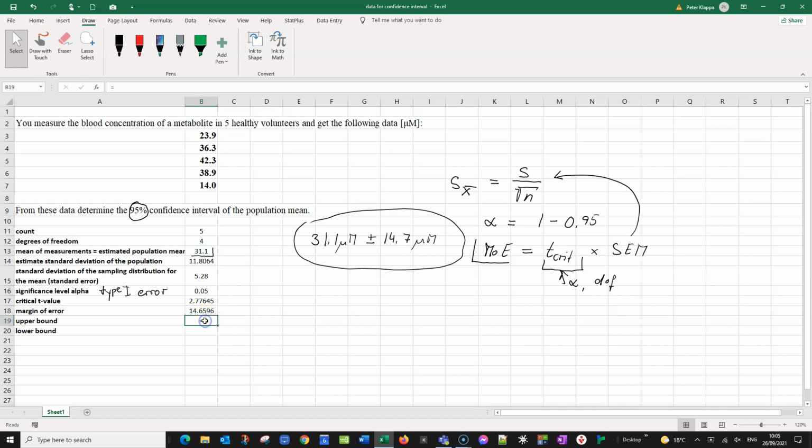So equals 31.1 plus our margin of error, and we calculate the lower bound, so that would be 31.1 minus the margin of error, and we get 16.4. So what we are basically saying is that